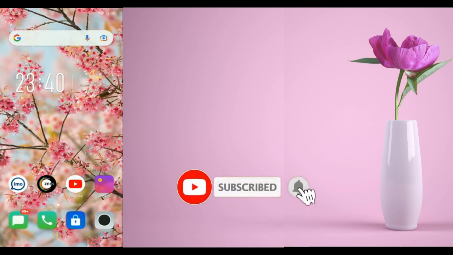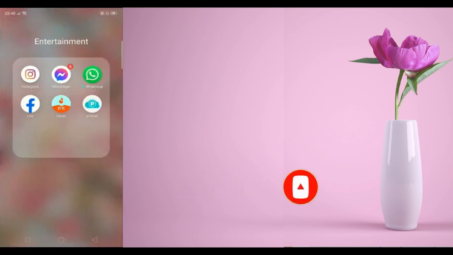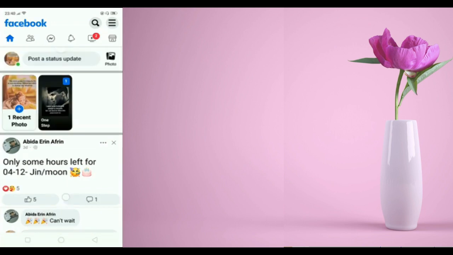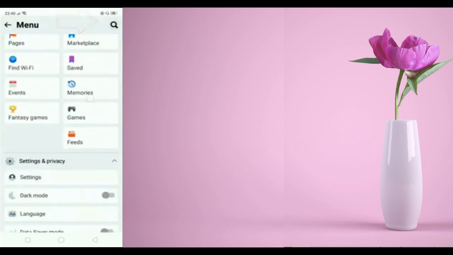So let's start. At first, you have to open the Facebook app. And here is the Facebook app, and this is my account. Now, go to the menu bar. You will find it at the top right corner of your screen. Click on it and then